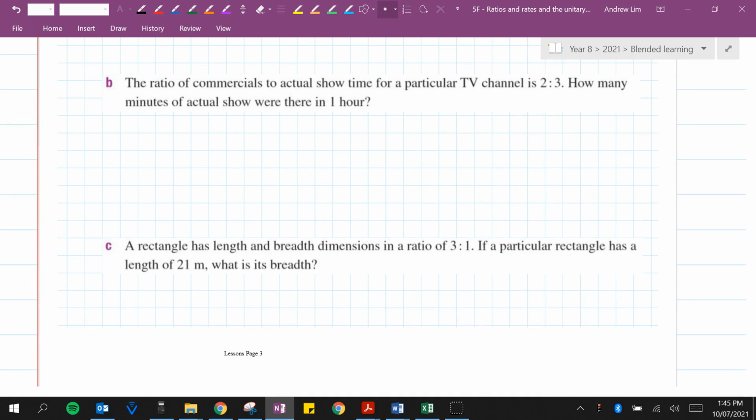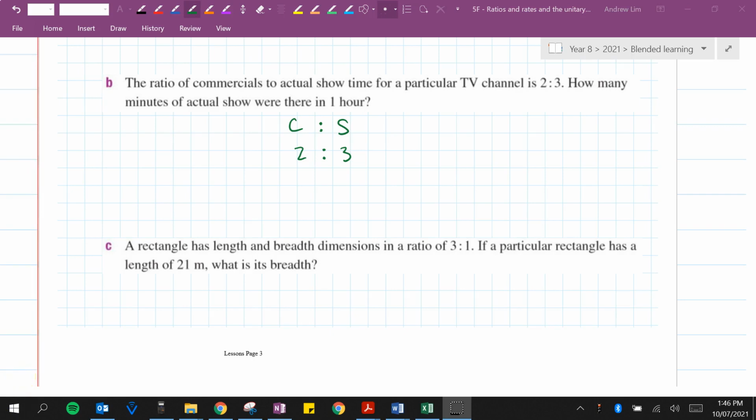Question B. The ratio of commercials to actual show time for a particular TV channel is 2 to 3. How many minutes of actual show were there in 1 hour? Pause the video, have a go with this one. Okay, so we've got commercials to show is 2 to 3. How many minutes of actual show were there in 1 hour? So